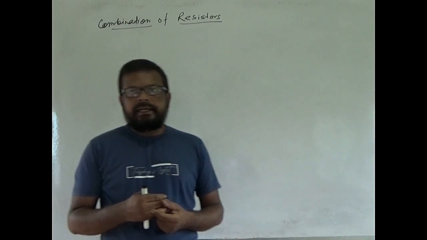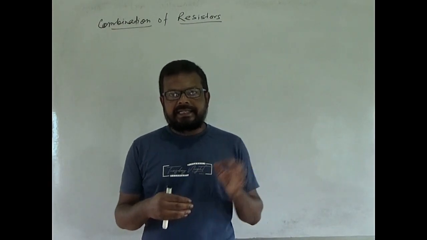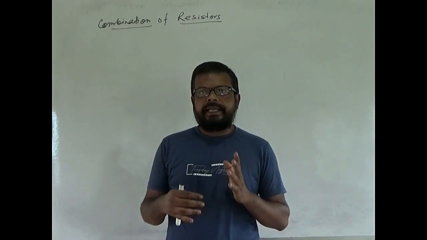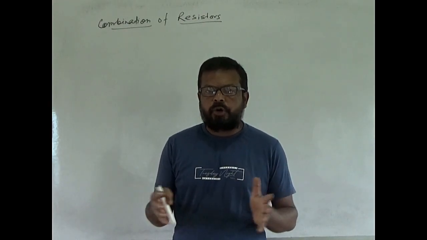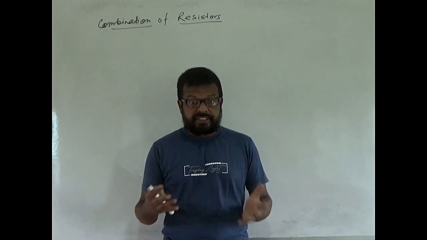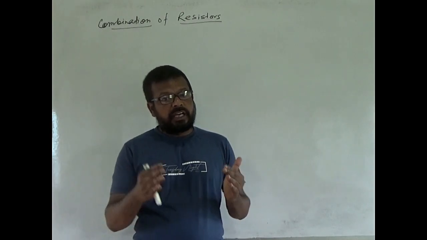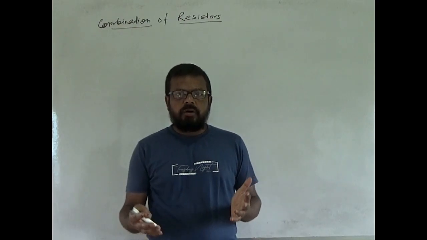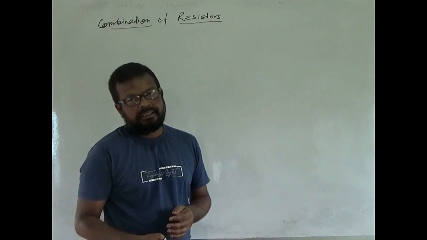Now, a single resistor which draws the same current as the given combination of resistors, when the same potential difference is applied across its endpoints, is called the equivalent resistor or effective resistor, and the resistance of the effective resistor is called the effective resistance or equivalent resistance of the combination. Now first we discuss the series combination.